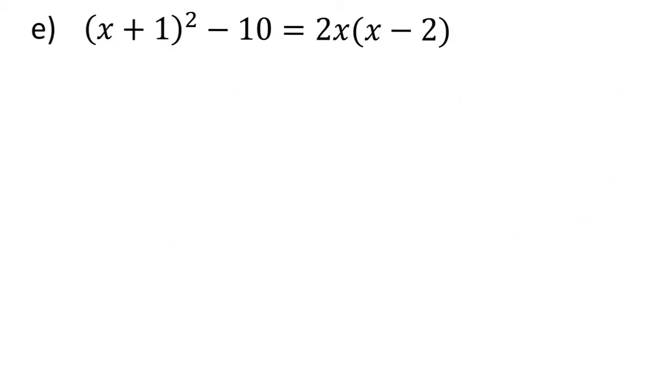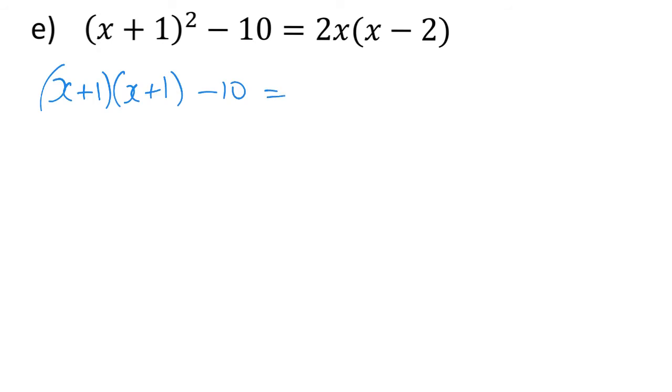Example E, doesn't this look nasty? We've got a bracket squared, minus 10 equals 2 terms being multiplied together again. And the first thing we need to do here is expand all the brackets and then make the equation equal 0. So (x + 1) squared, that means (x + 1) multiplied by (x + 1), minus 10 equals,